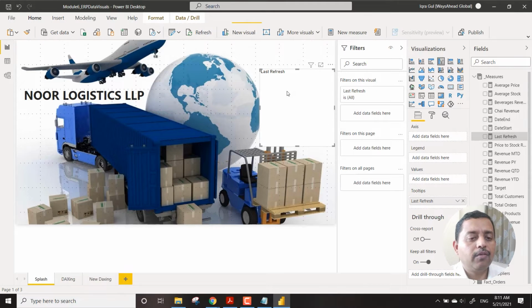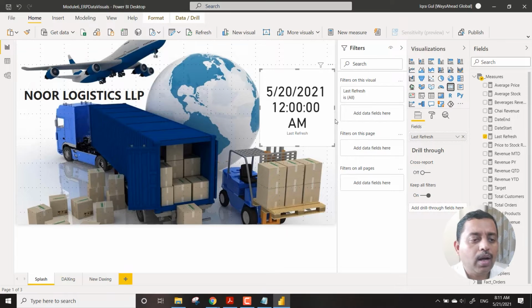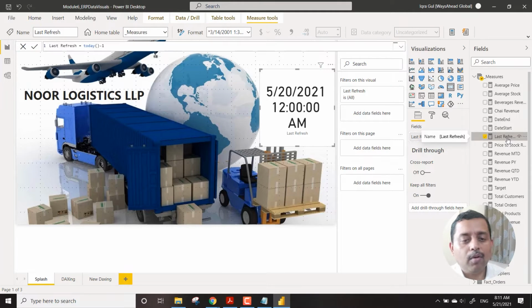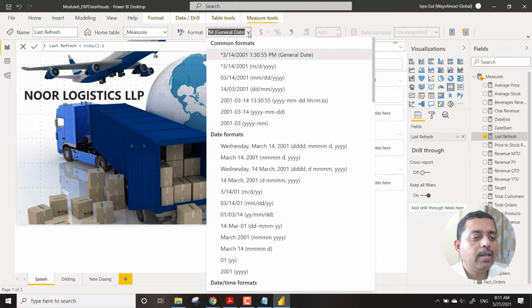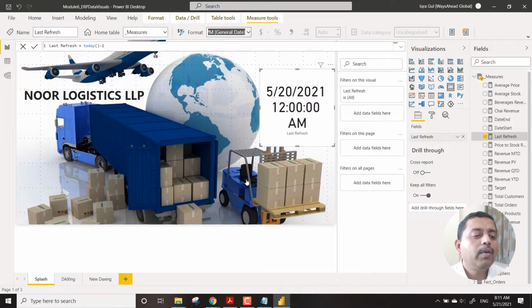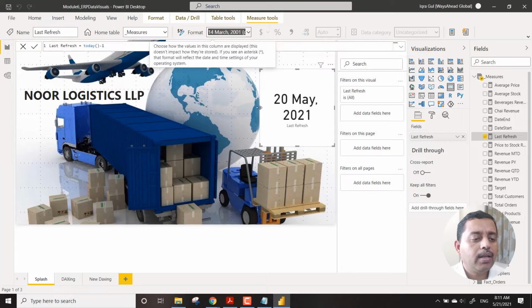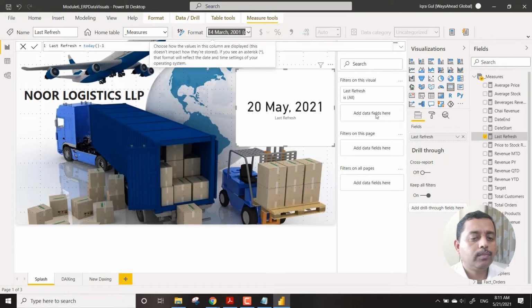We bring in last refresh and we convert it into a card. Now what happens is last refresh is actually taking date and time. So remember we said that we can change the format. We click on the format of last refresh and it says that it is into date time format. So we say that, okay, we don't need date time format. We convert it into date and then we say that the date is converted.